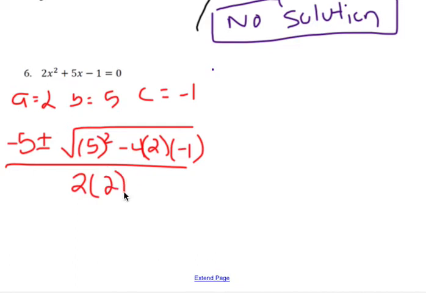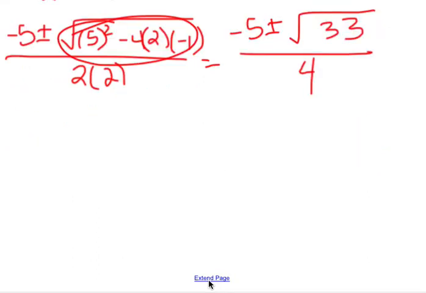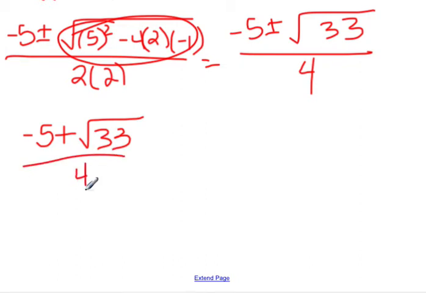The first thing I'm going to do is type out what's underneath the radical without actually putting the radical in. I get 5 squared minus 4 times 2 times negative 1, and that's going to be 33, divided by 4. Now I want to split it into my plus and minus version. So I have negative 5 plus the square root of 33. I'm going to type that into my calculator, hit enter, and then divide it by